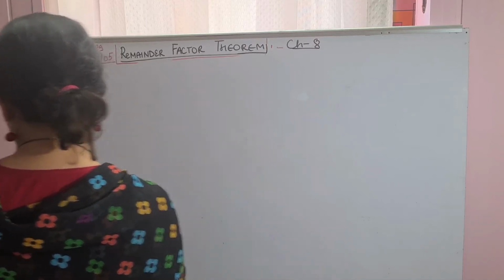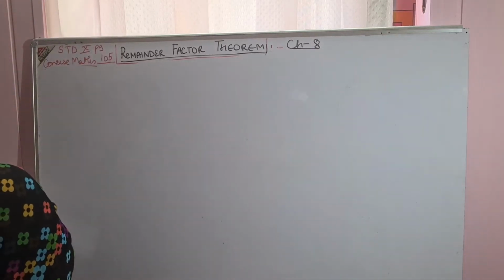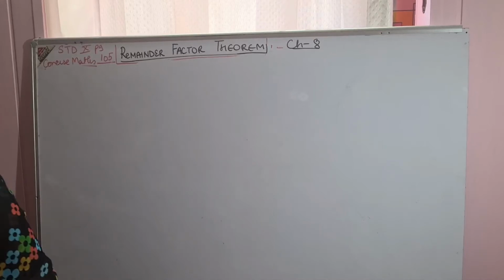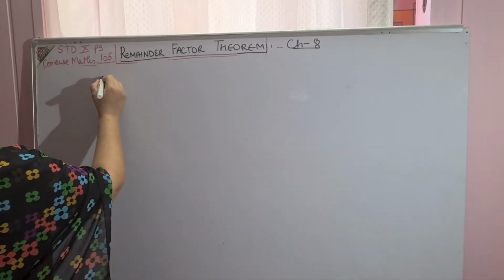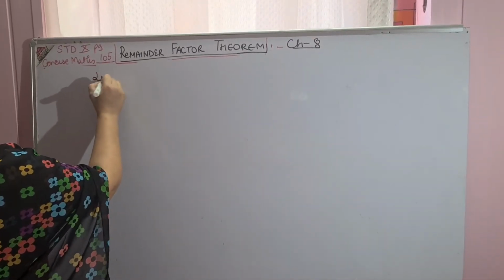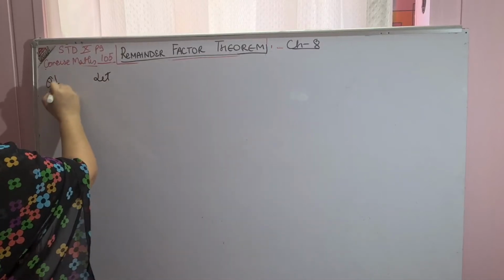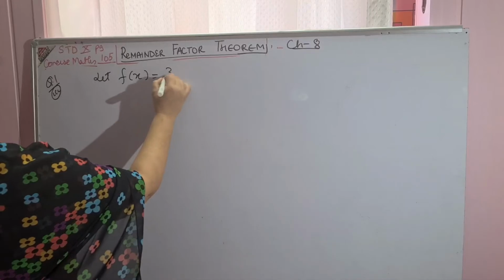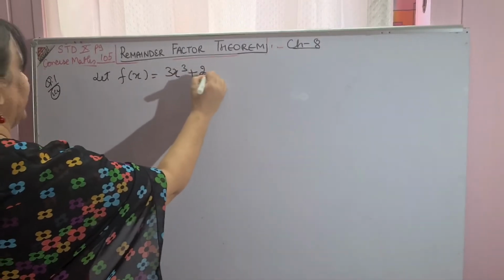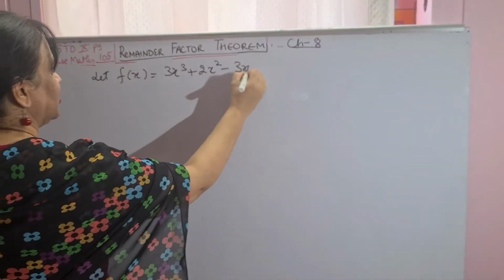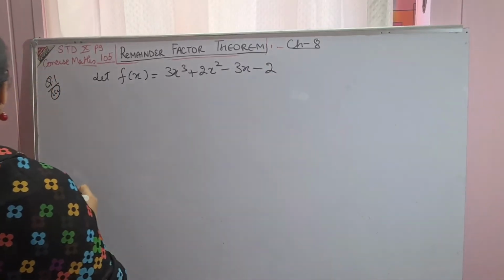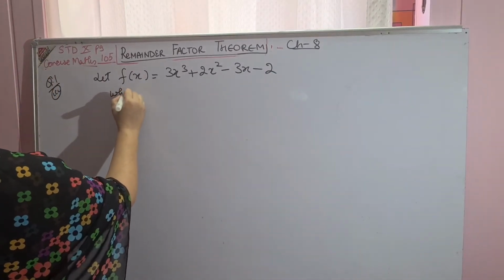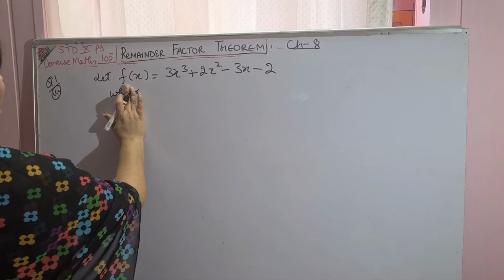For example, exercise 8B, question number 1. I will do the third part. It is given that 3x plus 2 is the factor of. So let question number 1, third part I am doing. Let f(x) is equal to 3x cube plus 2x square minus 3x minus 2. I have to show whether 3x plus 2 is the factor or not,